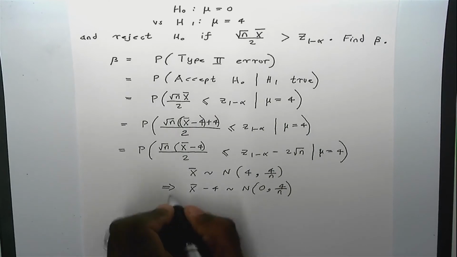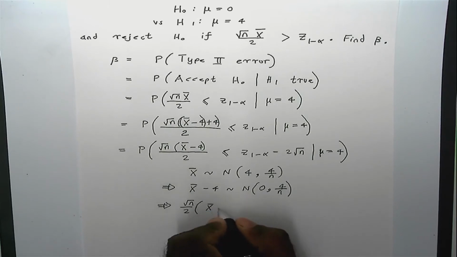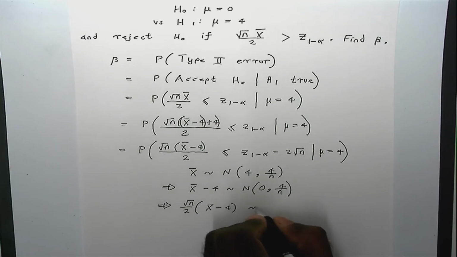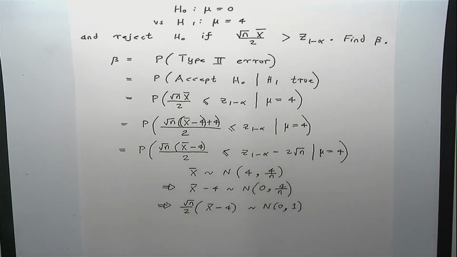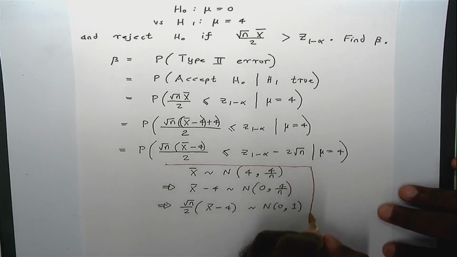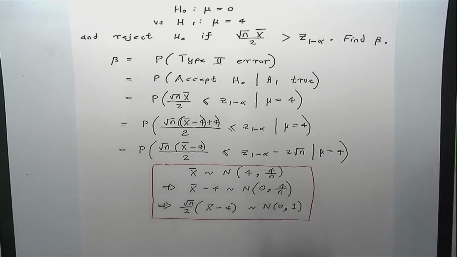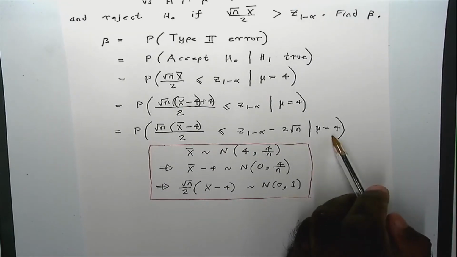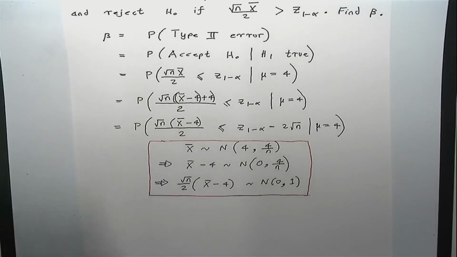Which implies that you should multiply by this, right? This will have a standard normal, right? Okay, so this is what I meant earlier also, that conditional on this fact, right? That this is a standard normal. Alright, so